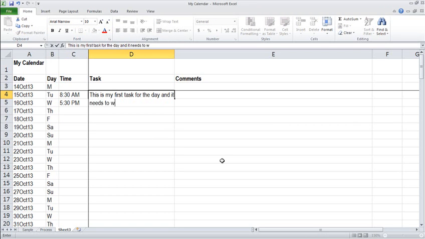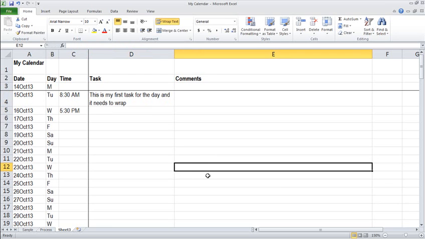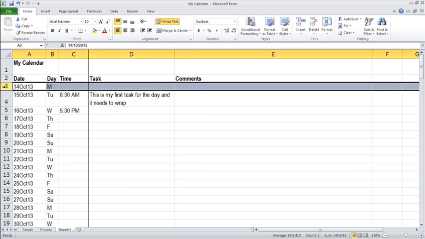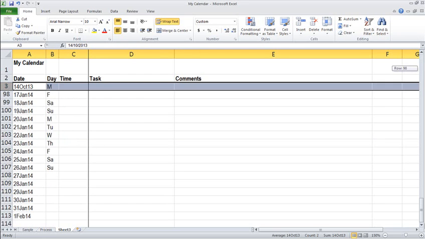It needs to wrap. Okay, so it wrapped, so that's fine. Comments is also okay. So now the only thing I think I had missing was the borders and the shading. Let's try to do the shading first. I was only shading the weekend, Saturday and Sunday, so it's a pain in the neck to keep on doing this one by one. So what I'll do is I'll sort all that